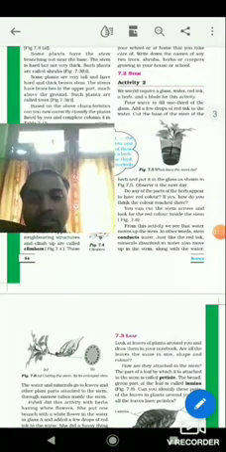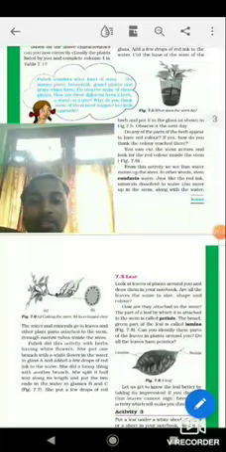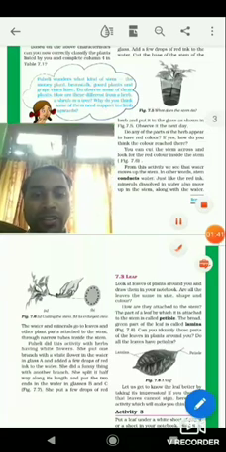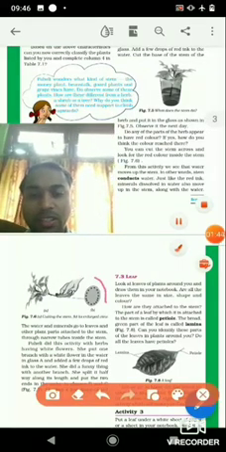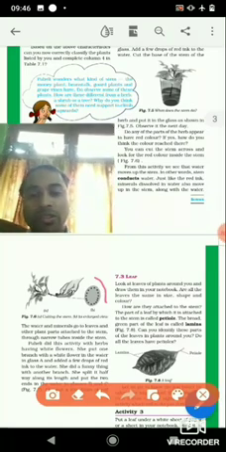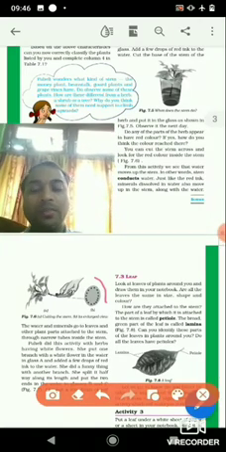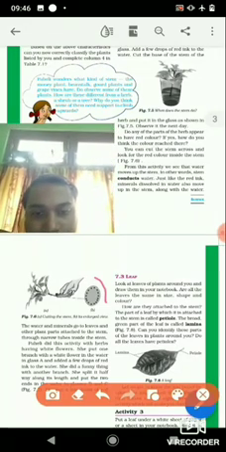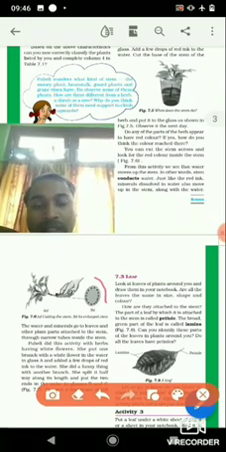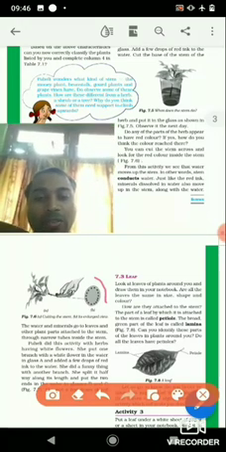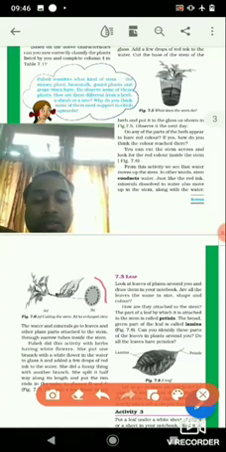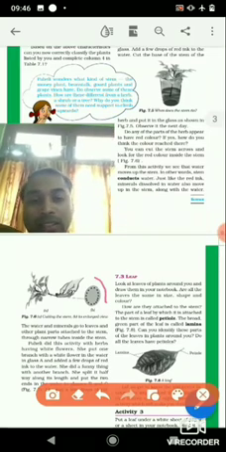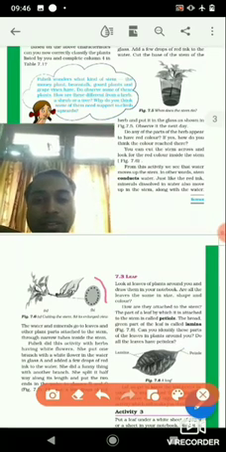And when we take the cross section of the stem and we observe under microscope, we see there are some holes arranged in a circular manner. So here if we notice this part, there are small holes which have arranged themselves in a circular manner within the stem. So these small holes are the narrow tubes present inside the stem. So these small tubes, they help to conduct water and minerals all the way to the leaves. So this is how water reaches the leaf with the help of stems.